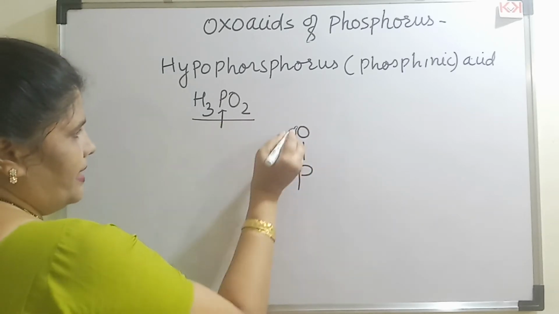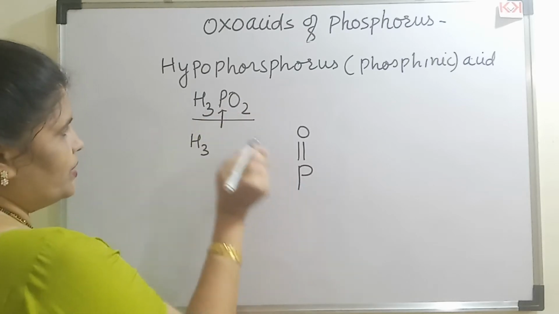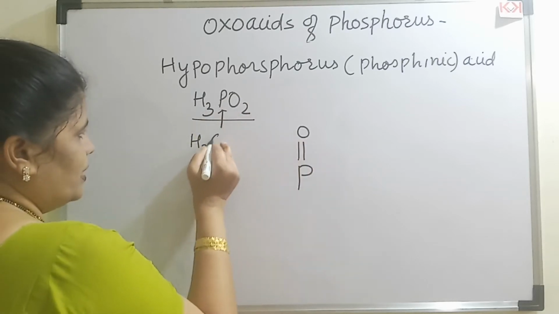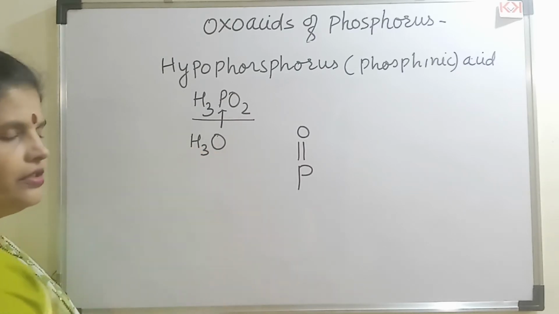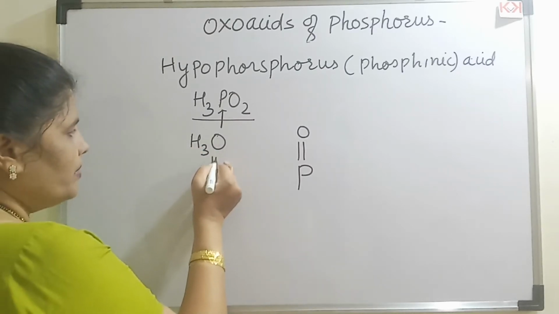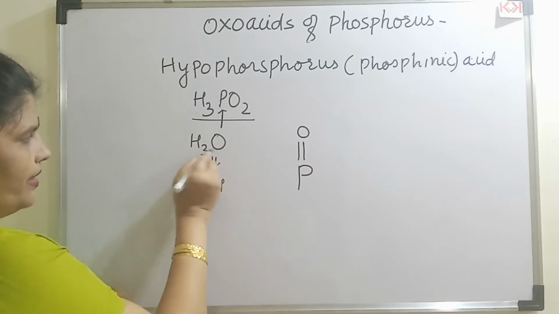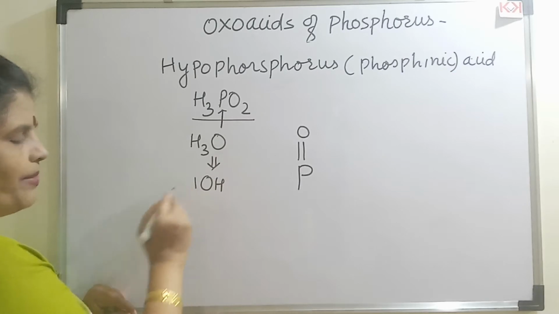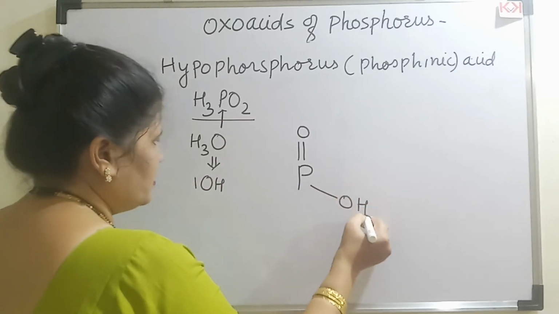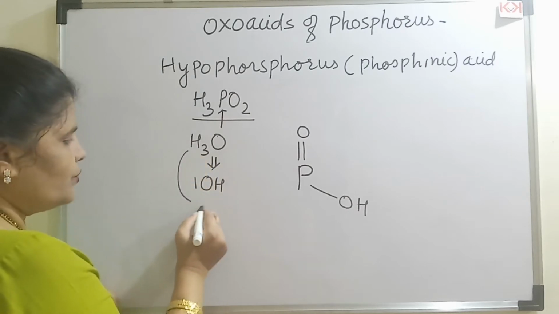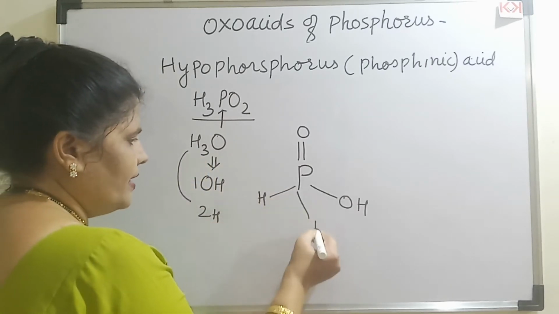Now when I add this, what is remaining here? 3 hydrogen, phosphorus I have used here, 1 oxygen I have used here. So what is left is 3 hydrogen atoms and 1 oxygen atom. Now you have to form maximum number of OH pairs. If you see the molecule remaining here, only 1 OH pair can be formed. So attach that OH to this phosphorus. Now what is remaining is 2 hydrogen atoms. Now attach the 2 hydrogen atoms in this way.